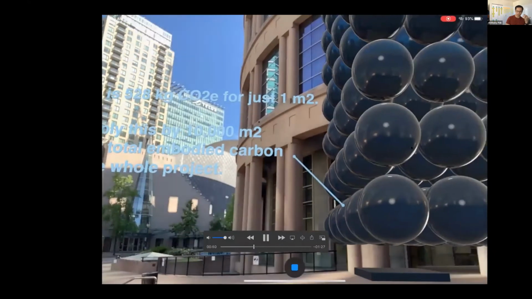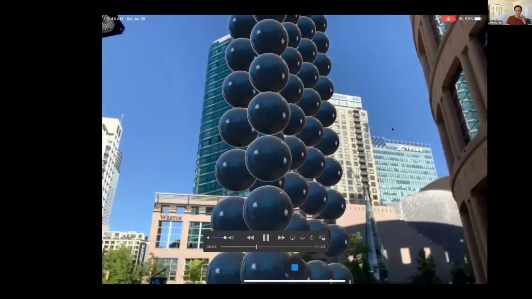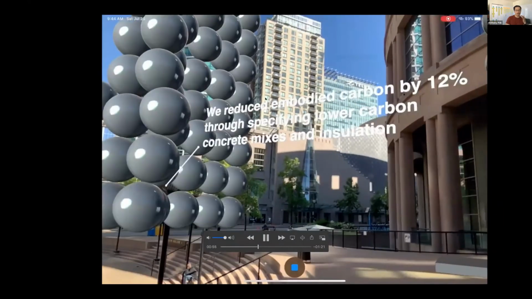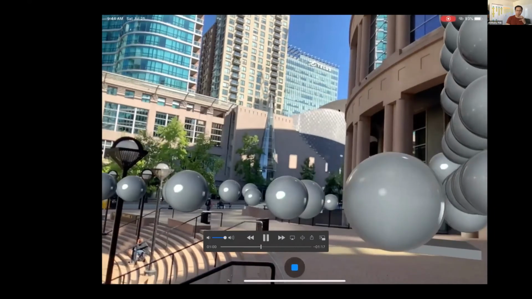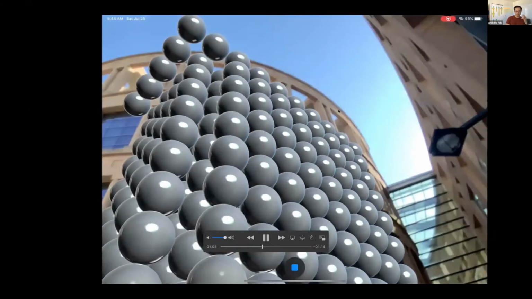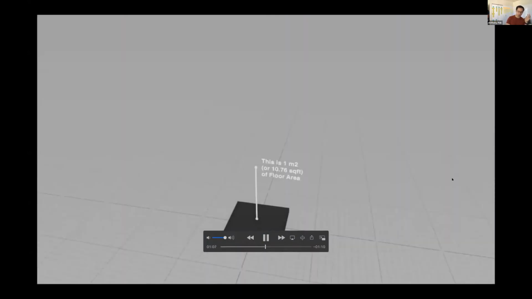And for this project, it's actually 10,000 meters squared, or around a 100,000 square foot building. So you've got to multiply this by 10,000 to get the full emissions. Now we're showing we saved 12% of the emissions, and so that's the amount of bubbles that got portioned off. And we used physics to simulate that crashing down. I know that was a bit hard to show, so this is just what it looks like in a computer,